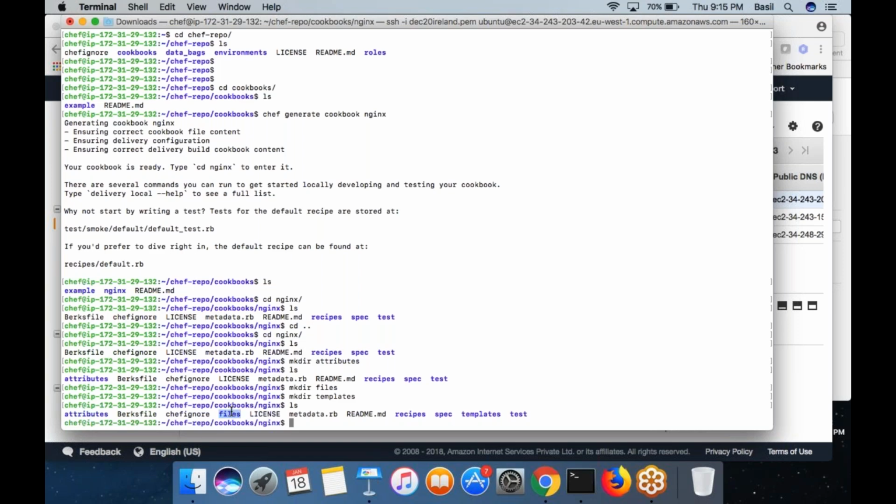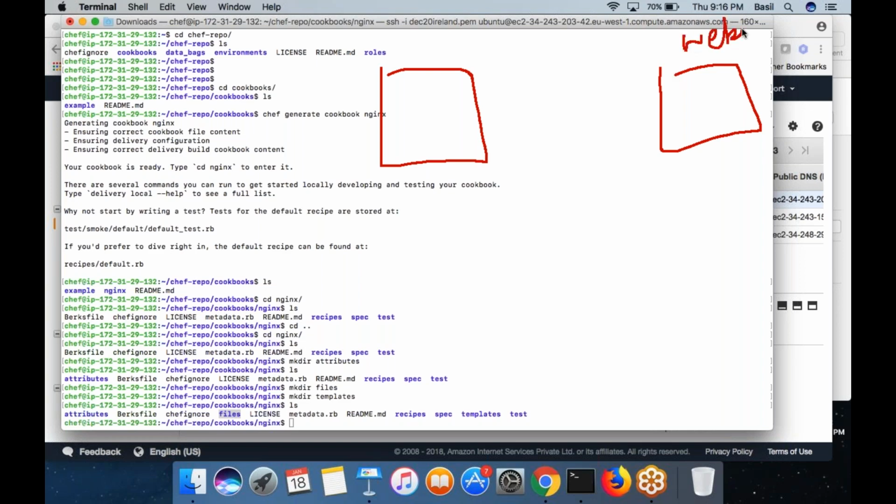Basically sometimes your recipe wants to copy some file into the node, right? This is your Chef server, and from the Chef server you want to copy, let's say, the WordPress files. This is your web001 machine where I am going to set up Nginx, and inside the document root of Nginx I want to copy the WordPress files. Assume I have the WordPress files kept inside my Chef server, and from here I want to copy the files into this /var/www/html or whatever the document root of Nginx is. I want to copy the WordPress files over there.